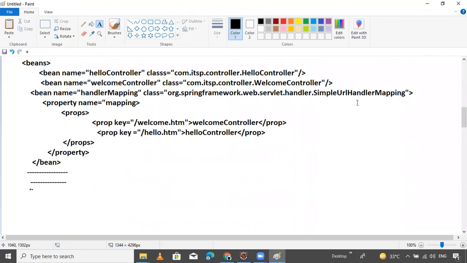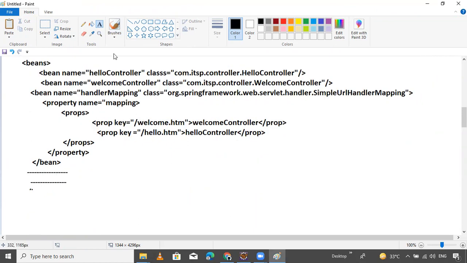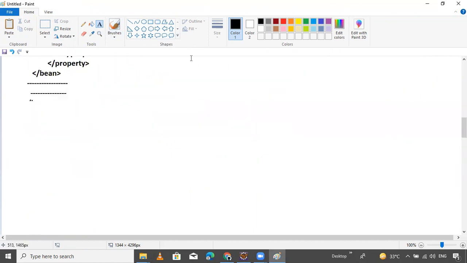This way we can configure, or we can use a properties file. We will learn that in the next sessions. In this session, we will learn just like that. So now this time I am going to prepare an example, guys. Okay. So now I will use two controllers, and then configure. So example, right now.